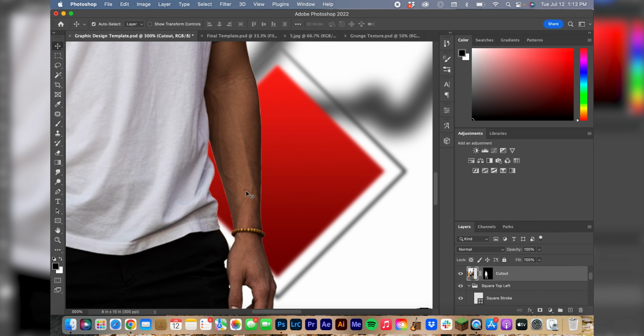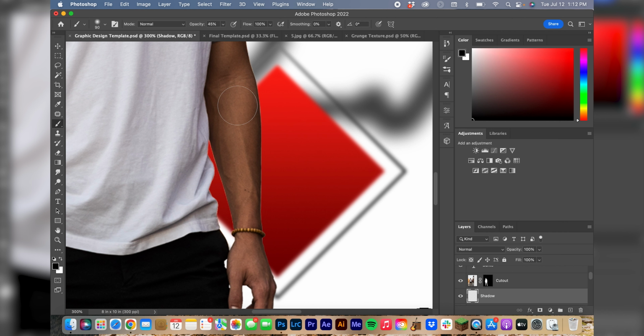So now we'll talk the shadows part of this, shadows and blur. Now that you have it blurred behind you, you want to add a shadow to it to make it actually look like it is behind you. So we'll go ahead and go right under here. We'll create a new layer and just call it shadow. And then we will maybe go 45% here for the brush, and we'll just kind of create a shadow on top of the square,